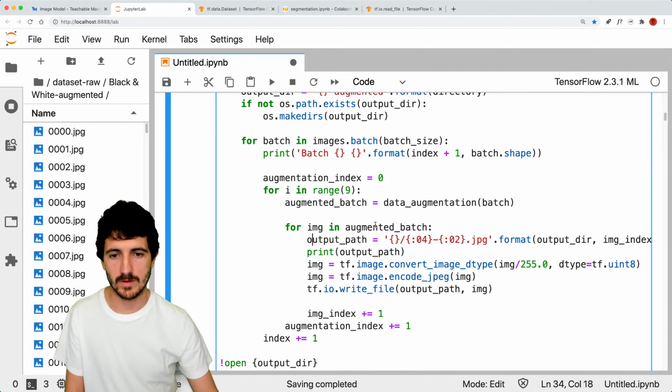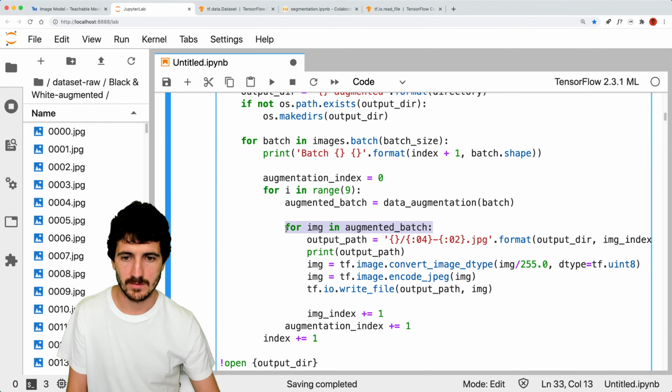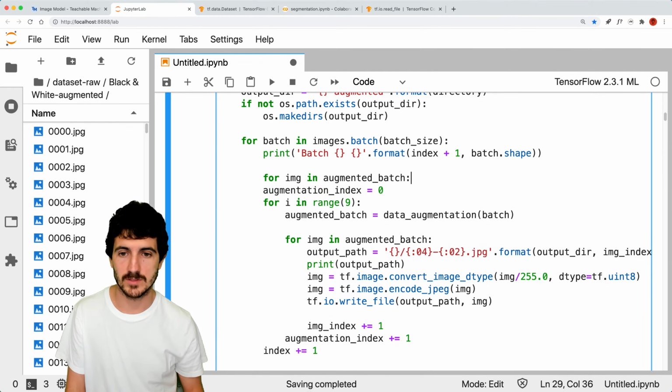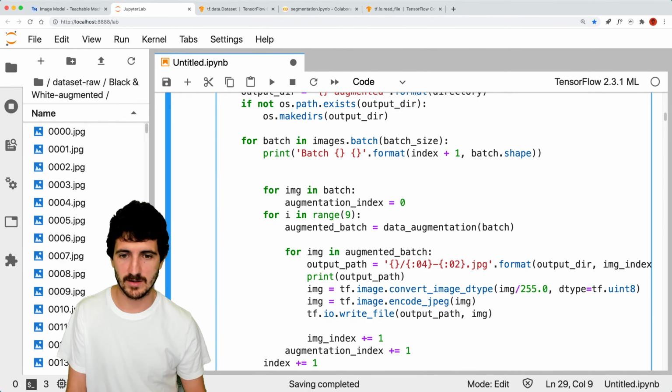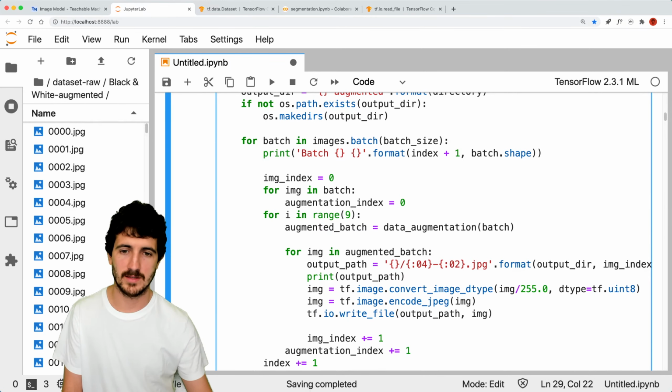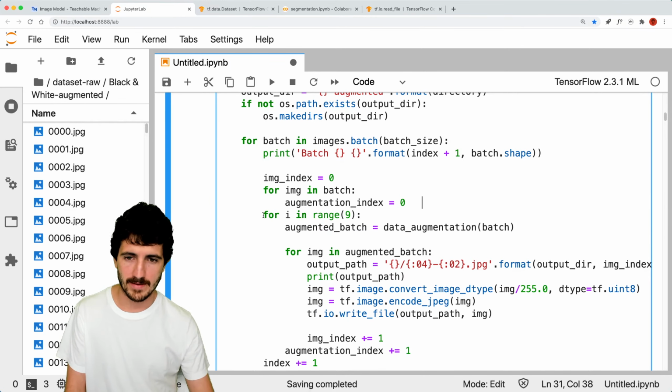So what we gotta do is first do this outside. So we just get each image on the batch and get here our image index outside of the loop, and then